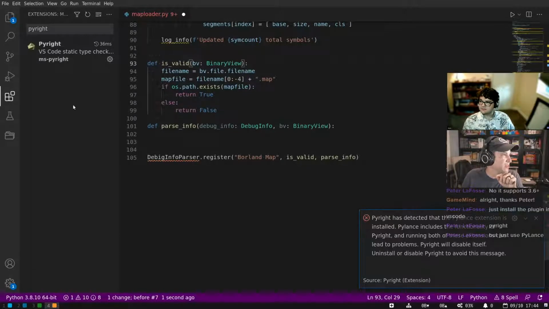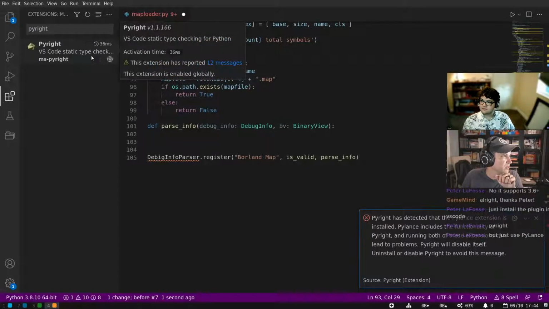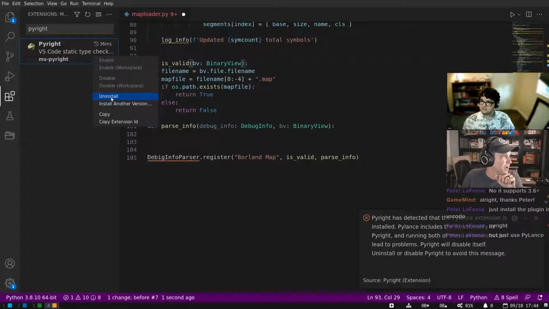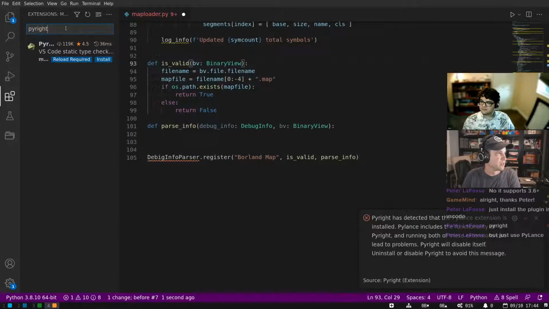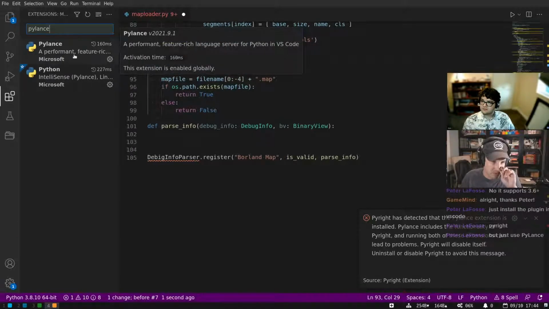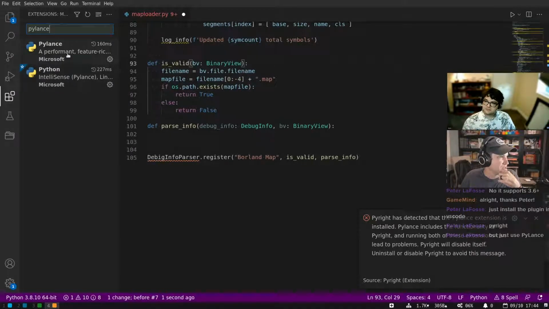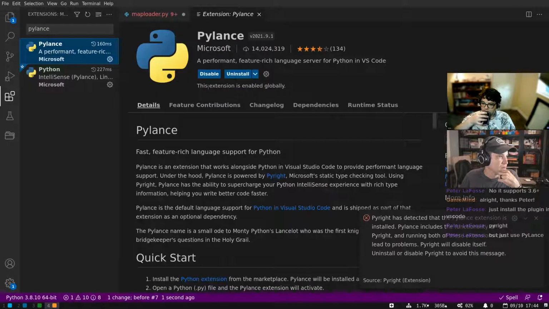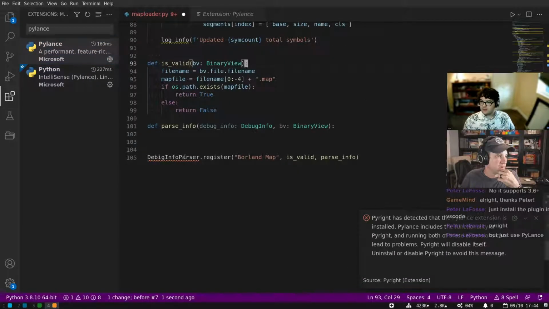Oh, that is what I had installed, actually. I guess I already had Pylance installed. So let's uninstall Pyright and leave Pylance. Wait a minute, why does it say it detected the Pylance extension? I don't see it here. Oh, it is installed. Yeah, Pylance is installed and enabled. Okay.